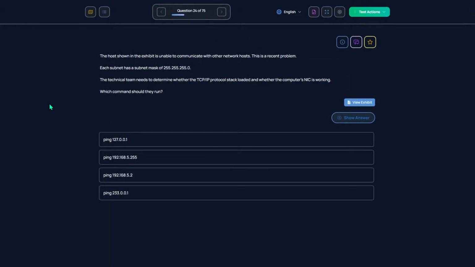The host shown in the exhibit is unable to communicate with other network hosts. This is a recent problem. Each subnet has a subnet mask of 255 and so on. The technical team needs to determine whether the TCP/IP protocol stack is loaded and whether the computer's NIC is working. What command should they run?